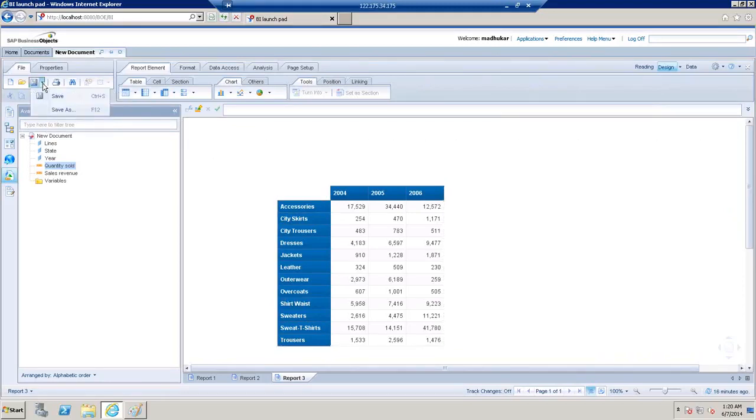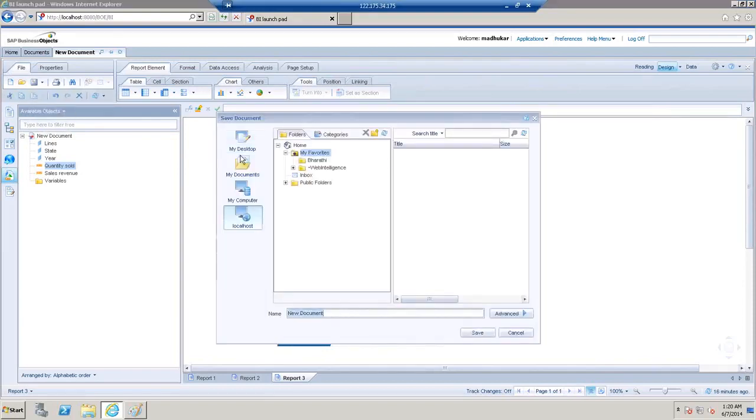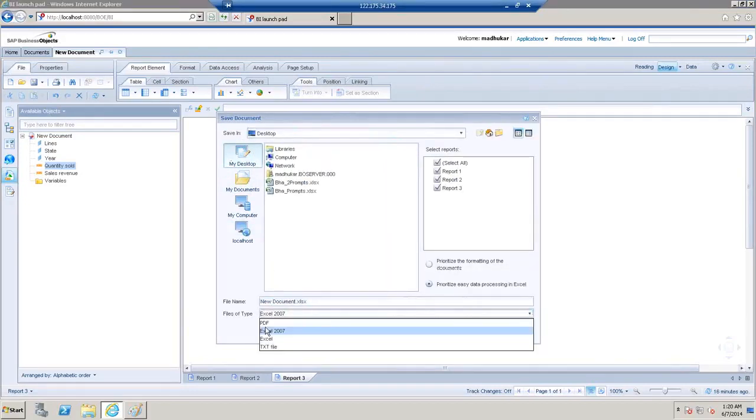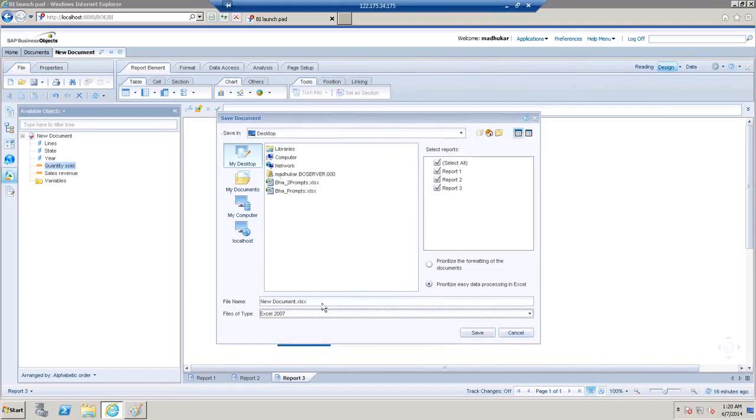So how to save that report in Excel or PDF format? Just make it a save as document, on my desktop. You can save it into different formats. You can see, guys, PDF, Excel, and text files. So I'm just making it in the Excel format. Okay, new document, save it,